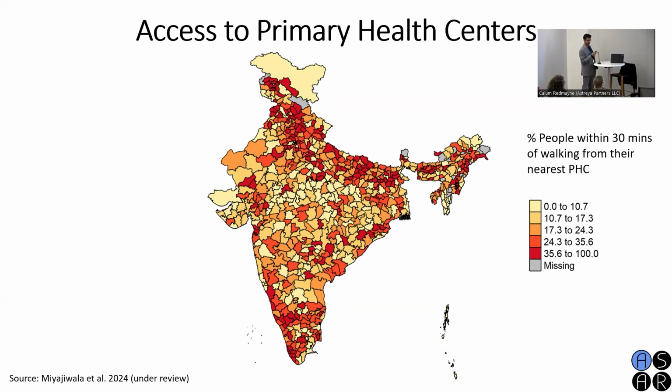One of the things that I want to show, I don't know if I can do this. Oh, yeah, I can. Okay. So one of the things is you start seeing geographic clustering. So there are regions here in southern India where more people are covered within 30 minutes versus parts of northwestern Rajasthan and even northeastern and central India, where it's probably somewhere under 20% of people who can reach their nearest PHC within 30 minutes.